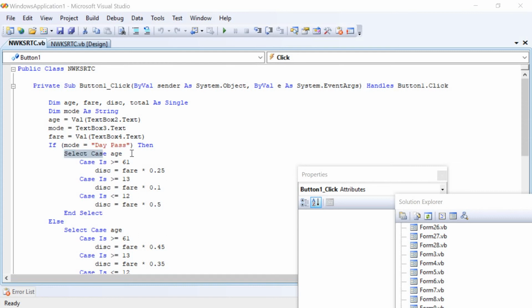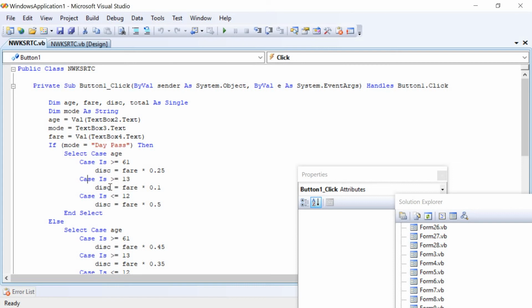Select case age. Let's see the first case. If case is greater than or equal to 61, that is from 61, above 60, then discount is equal to fare amount into 25%. This 25% is written in the form of 0.25. Then comes the case greater than or equal to 13, that is the range from 13 to 60.